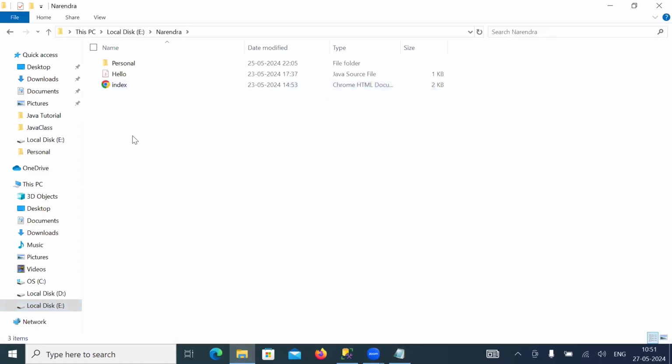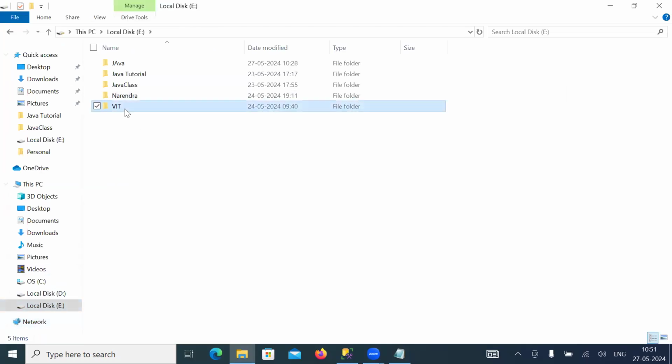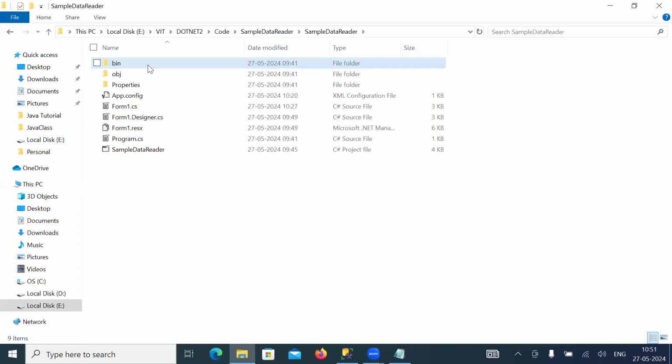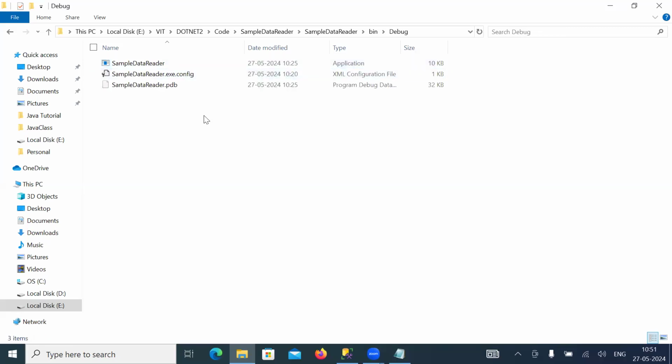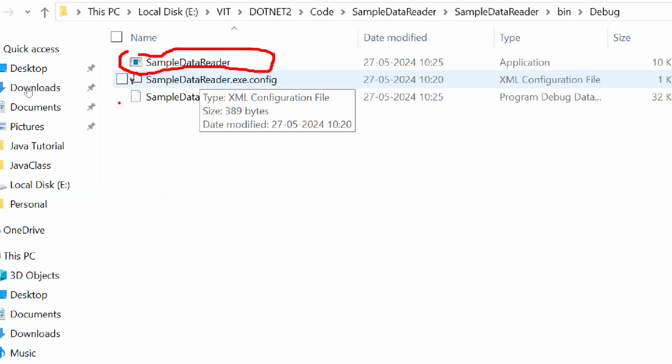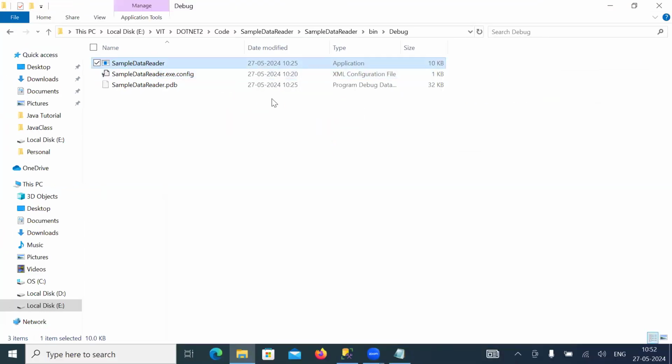Let me go to the code folder, under data reader, in the bin folder, in the debug folder. I see there is an executable file called data reader. This is my exe. When you double-click on this exe,